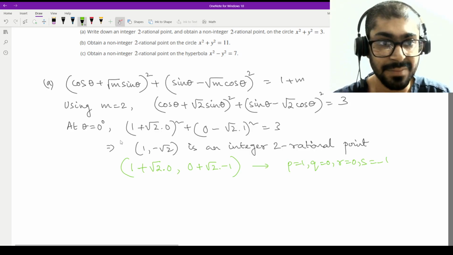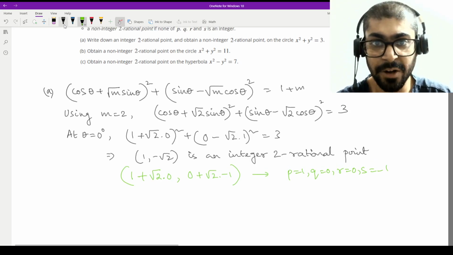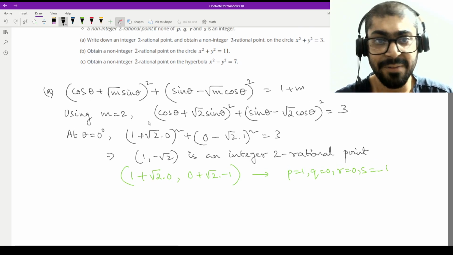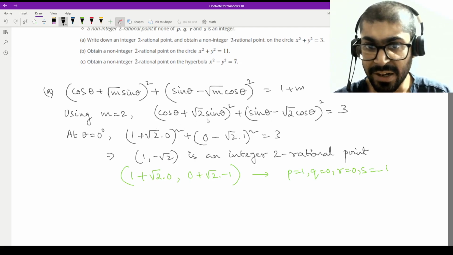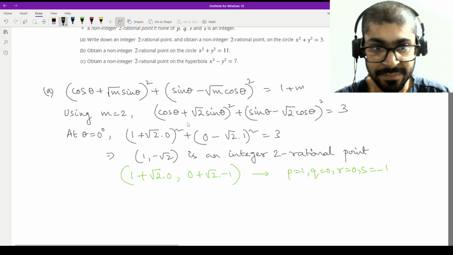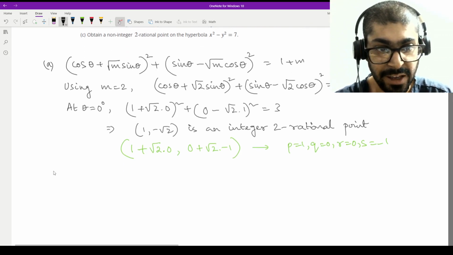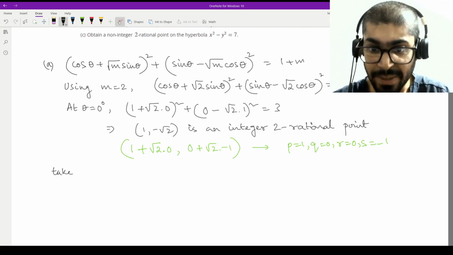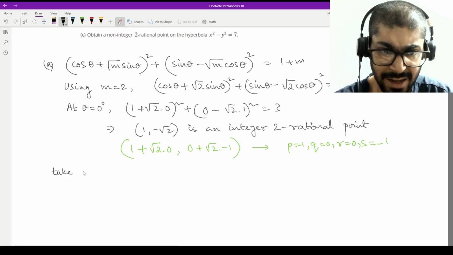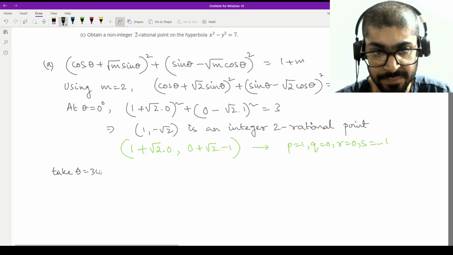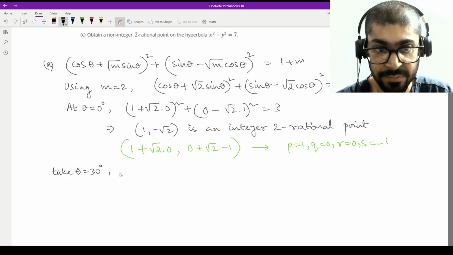Now it's quite easy to get a non-integer rational point. You just have to set the value of cos theta or sin theta to any arbitrary degree of theta and you will get your answer. Or you can use the values from the Pythagoras theorem example that we did in the last section. I'm not going back to the last section, so I'll just take theta equal to 30 degrees. Then we have